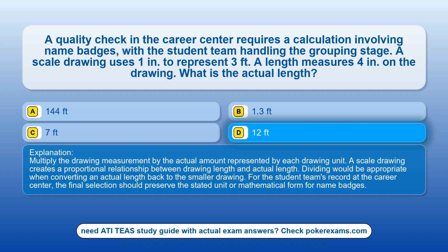Multiply the drawing measurement by the actual amount represented by each drawing unit. A scale drawing creates a proportional relationship between drawing length and actual length. Dividing would be appropriate when converting an actual length back to the smaller drawing. For the student team's record at the Career Center, the final selection should preserve the stated unit or mathematical form